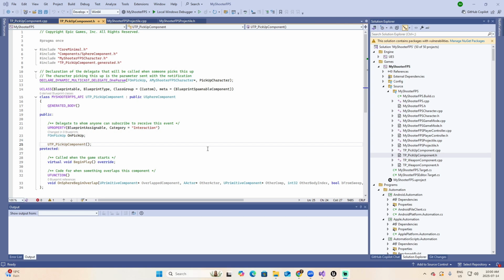Think of this like a group text message. You send a message saying, someone picked up this item. Along with this message, you send the name of the person who picked it up. And anyone subscribed to the message thread, that could be a UI, audio, log, etc., can react however they want. Play a sound, update an inventory, display a message, and this without needing to be tightly connected to